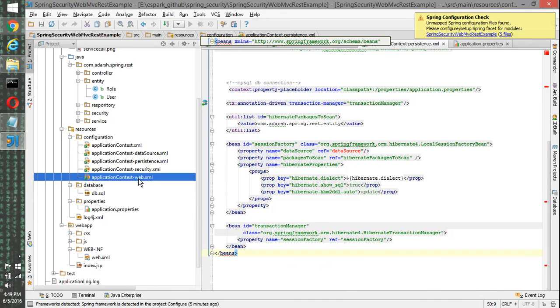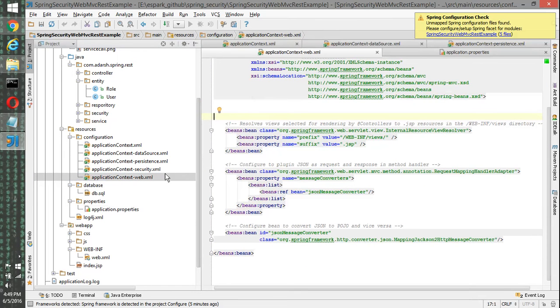Then we have a web configuration, where we have an internal view resolver, as well as a request mapping handler adapter. We have passed a JSON message converter, which is this class, a mapping JSON to HTTP message converter.